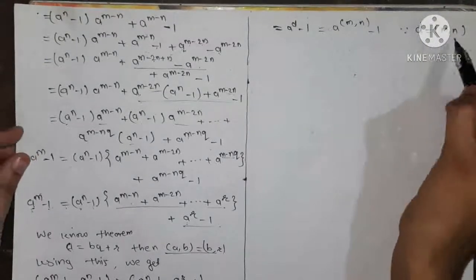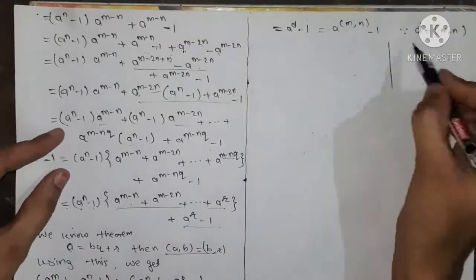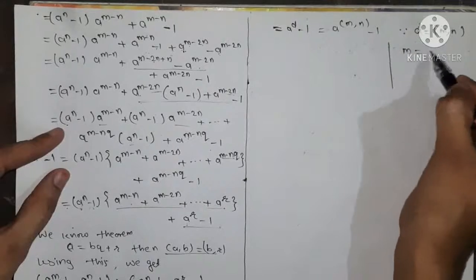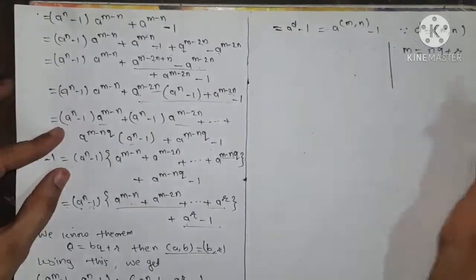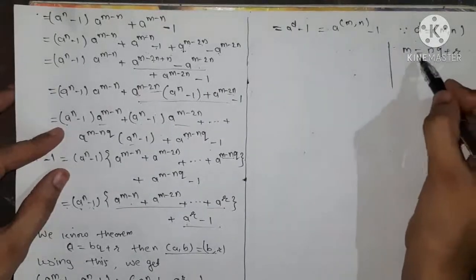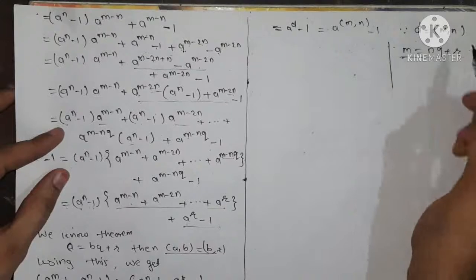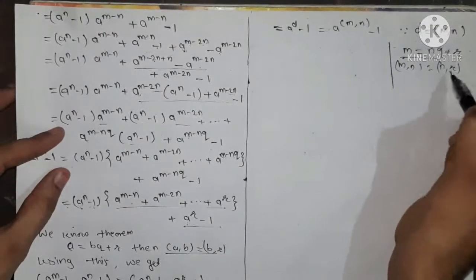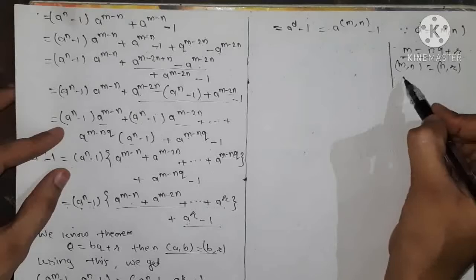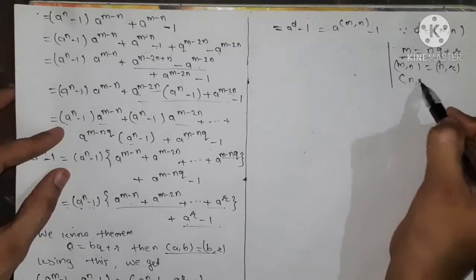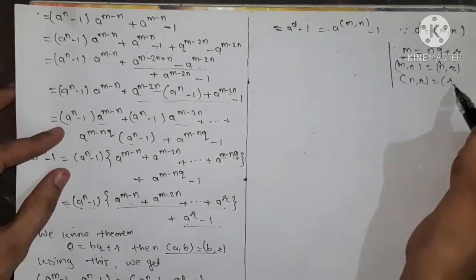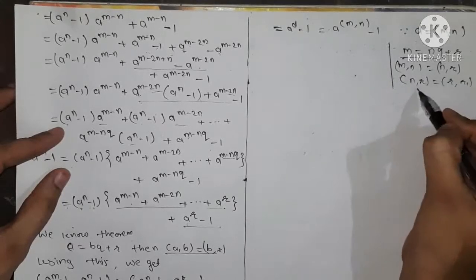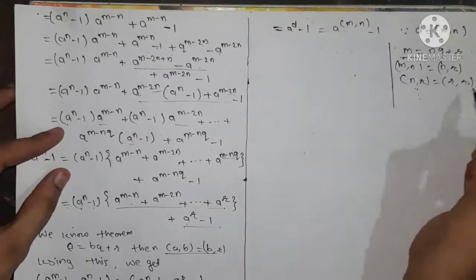So how we get here: we are applying m equals n q plus r. We apply the theorem, that is the Euclidean algorithm, to this. So GCD of m comma n is equal to GCD of n comma r. Now since r is not 0, the GCD of n comma r is the same as the GCD of r comma r1, and we proceed with this process